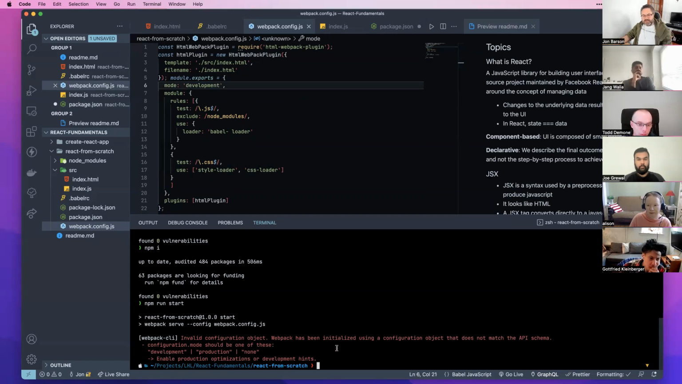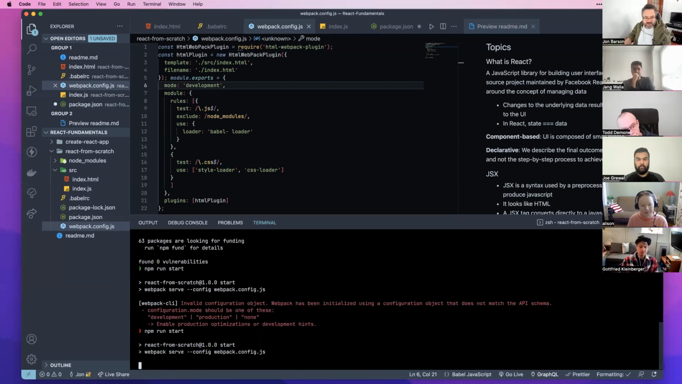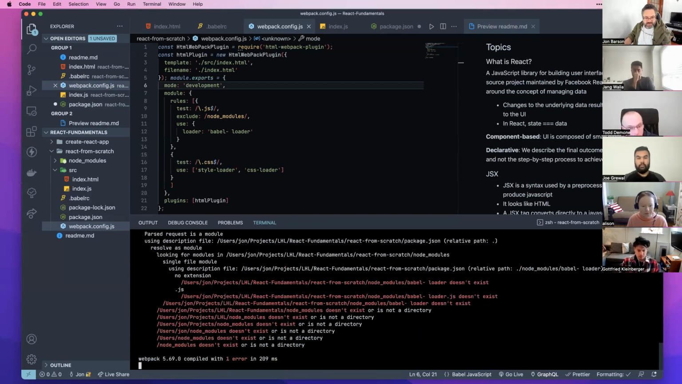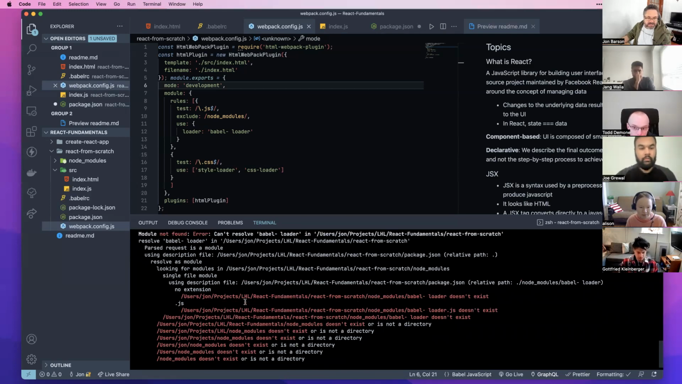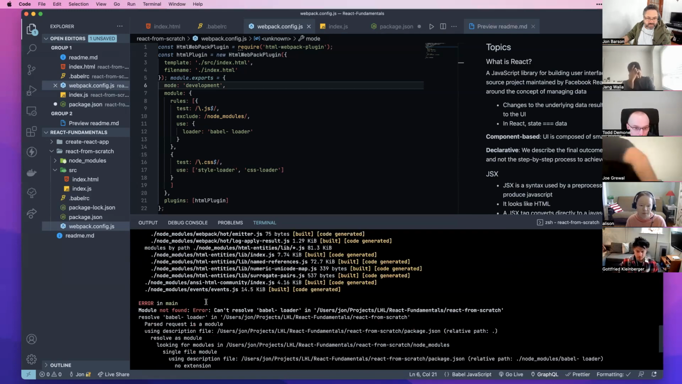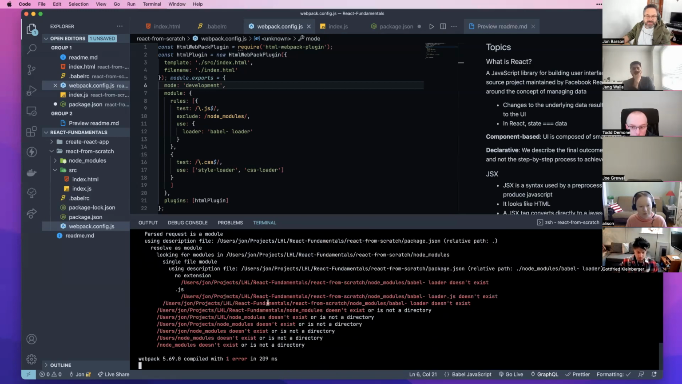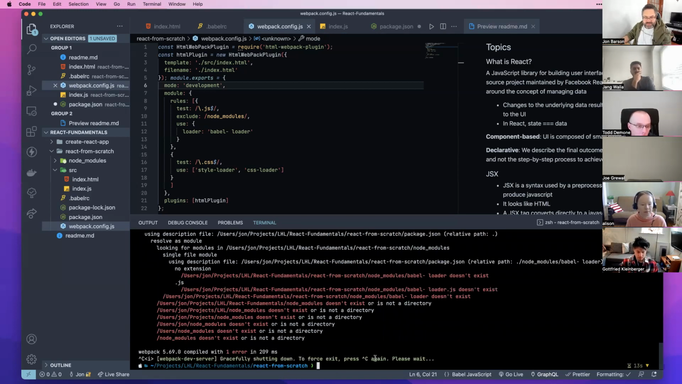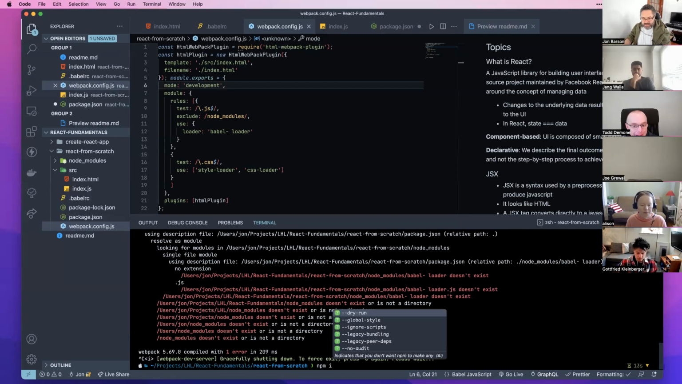I love error messages that tell you exactly what you did wrong, which is good because I do things wrong a lot. All right. It has one error. Error in main, can't resolve Babel loader. Ah, okay. It's probably, again, one of those things. So npm I,